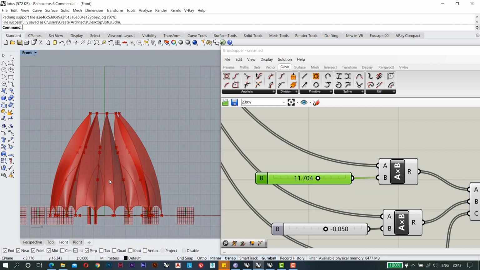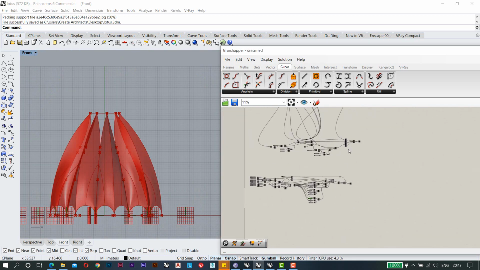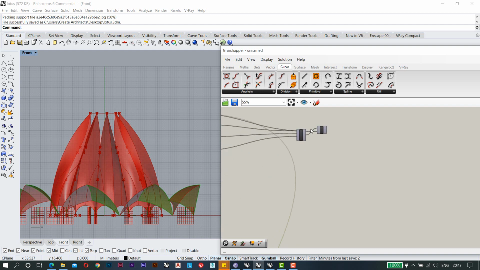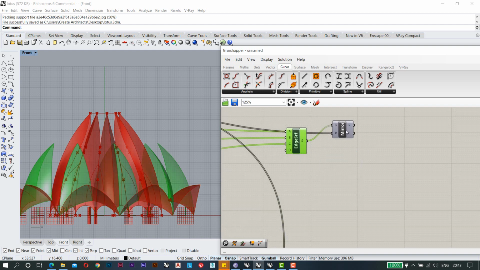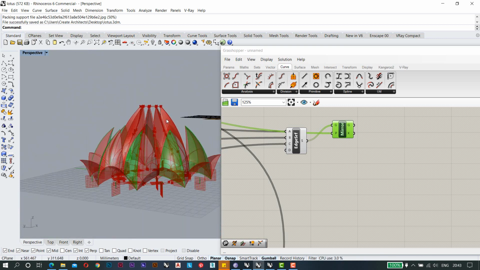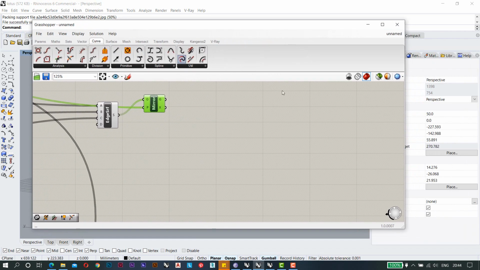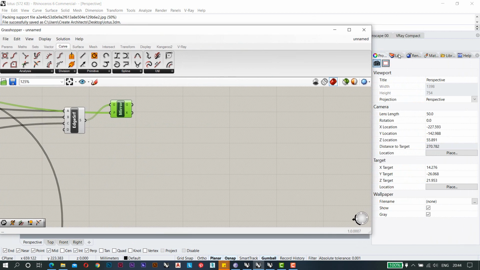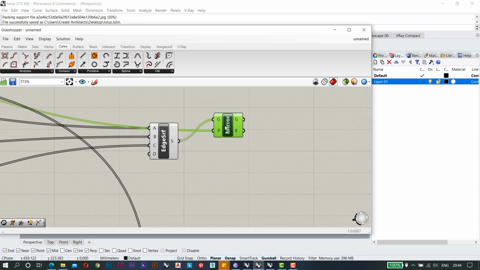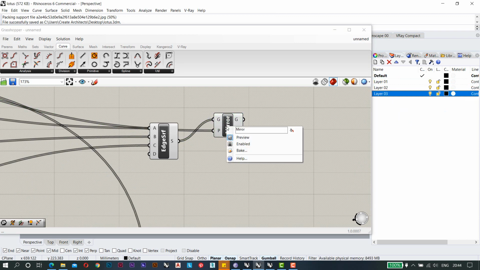So you cannot see the lower part, because when I turn on these two, like the outer leaves and these ones, you will see the lotus temple is complete now. So if I bake it, I will just make a new layer here, and I will make 3 layers because I have 3 levels of petals here.